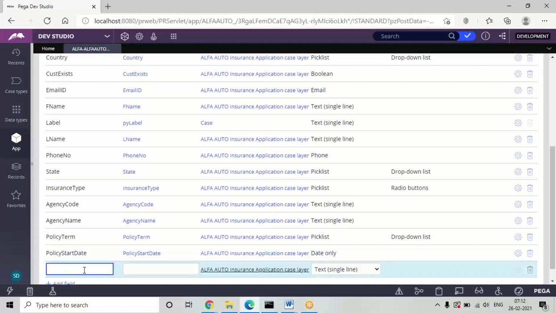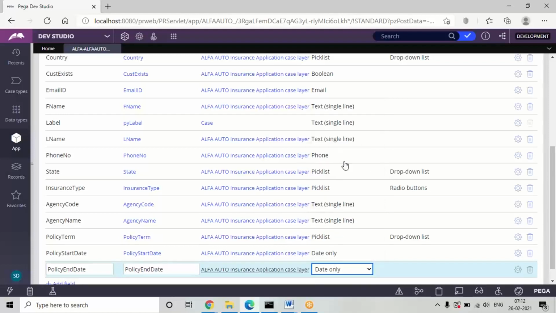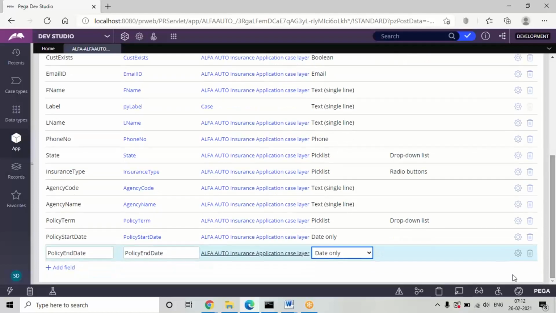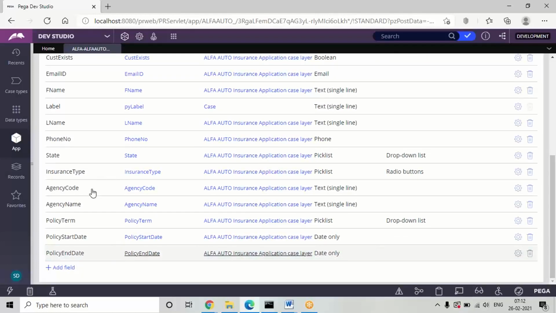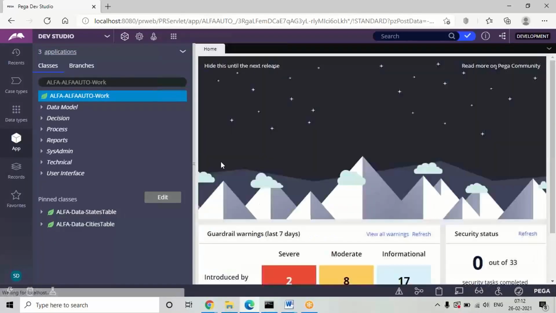Then one more field I'm adding, and this also I'm going to choose as date. So insurance type I'll be using in one design, agency code and name in the second design, and the remaining three in the third design. So add three designs separately.